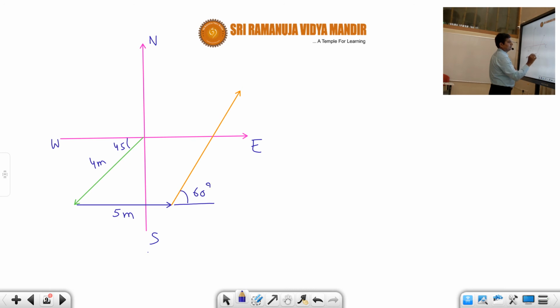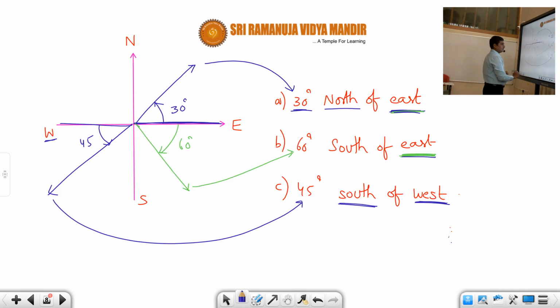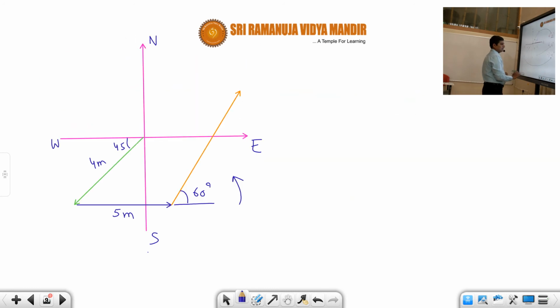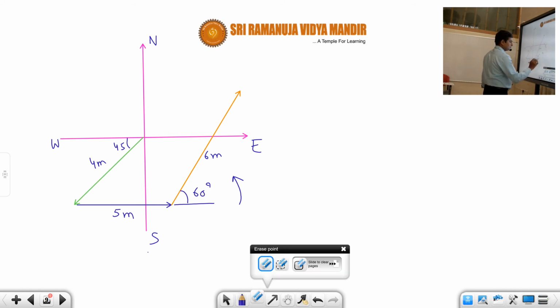This is called 60 degrees. This is north of east, towards north like this. Okay, students. So how much distance he has traveled? 6 meters. 6 meters here. So this is 6 meters, students. So now finally, what is the